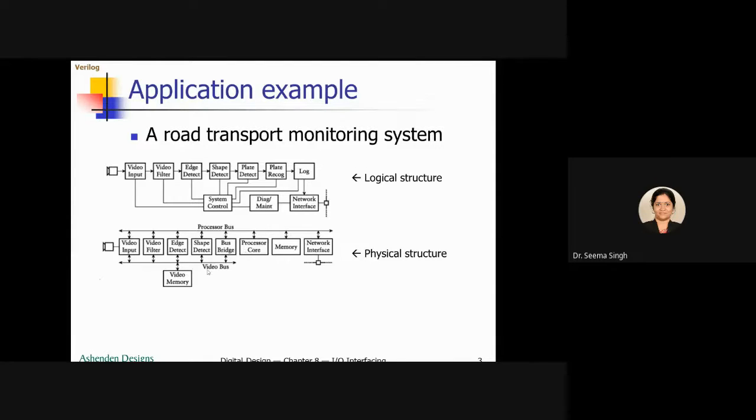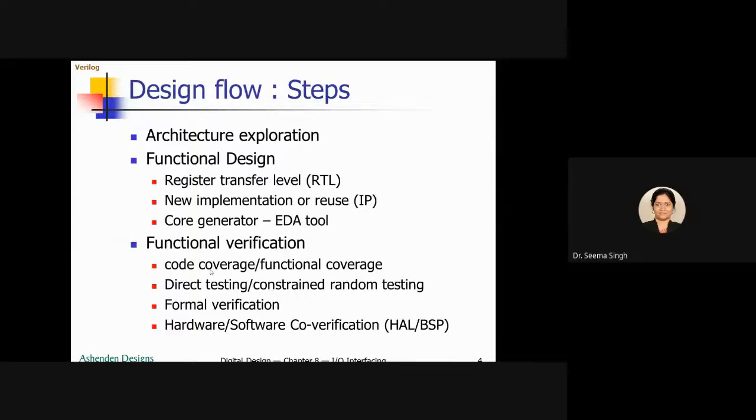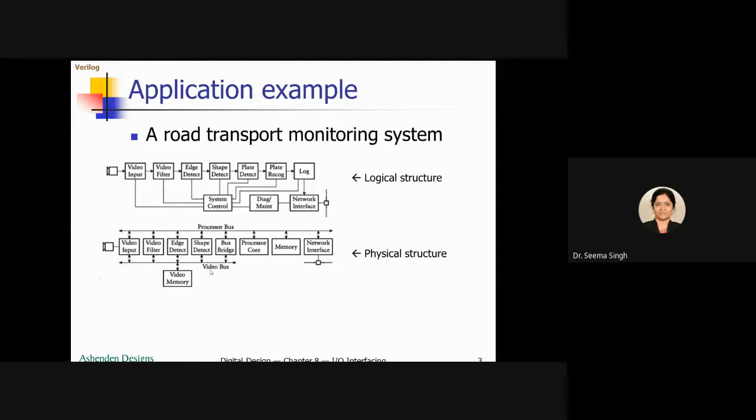So now this architecture exploration is a very important task in any embedded system design. It is often done by expert system designers, and decisions made at this early stage have a major impact on the rest of the design of the system. And of course, it is very difficult to automate these tasks using any EDA tools. EDA tools are your simulation tools. So it is difficult to automate such architecture exploration tasks.